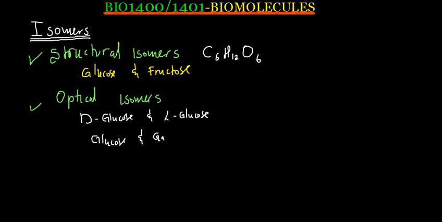Now, no, these two, I'm mentioning them on the wrong example. So every time you see the D and the L, those are called optical isomers. Now, optical isomers, you are talking of something with the same formula. Let me talk of this same one I've written here, D glucose and L glucose. The formula is